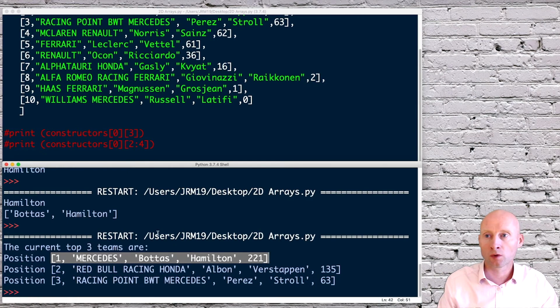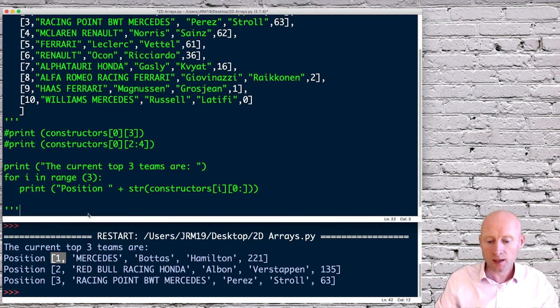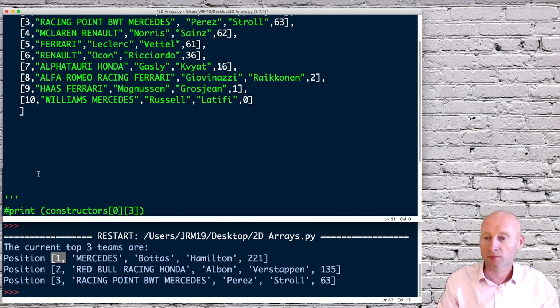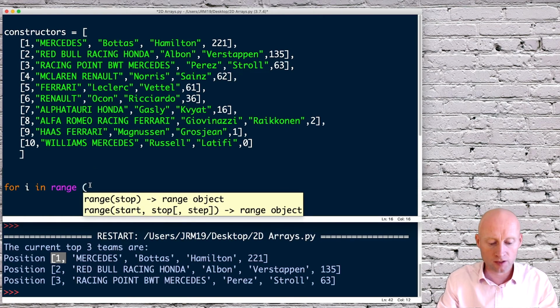So I will do one more thing, which actually takes them out of list format by printing them element by element. Okay, so I will comment all of this out. And then this time I will print the drivers for the top 3 teams. So let's say I do another for loop for i in range. So hopefully I'm going to print what team has what drivers for the top 3 teams. For i in range of 3,